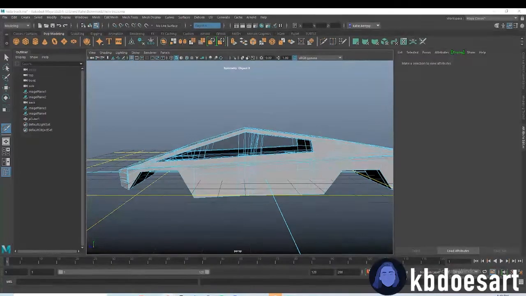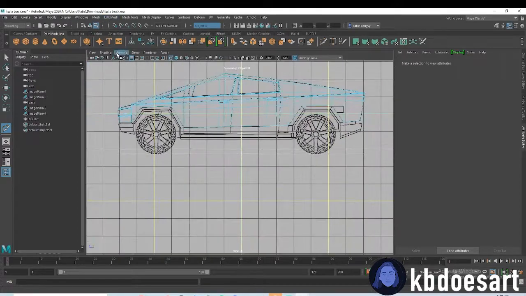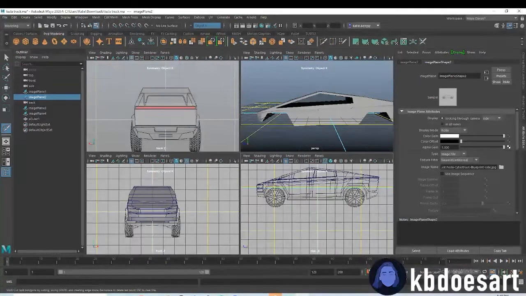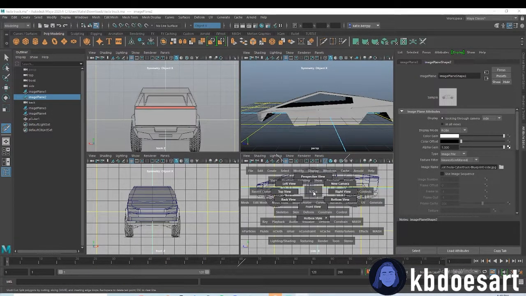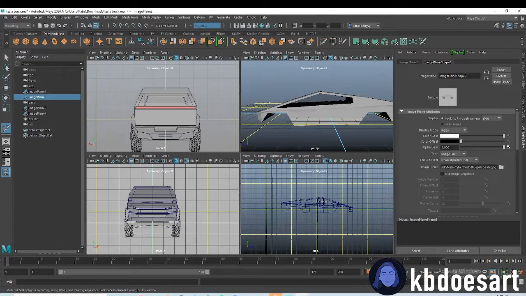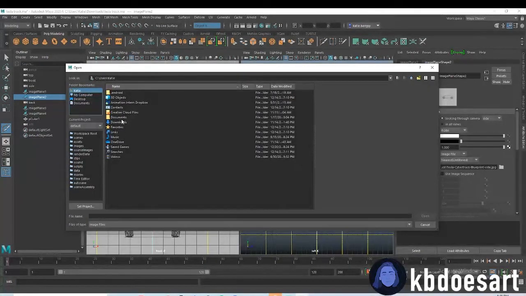We can probably start on the wheel. I'm going to find a reference image of the wheel since they do seem pretty complex. Okay, let's go into the side view. Find your side view. Actually, we can put this in a different viewport. Hold space and hold on Maya. We can do left view because we were in right view before. And then import image, do downloads,